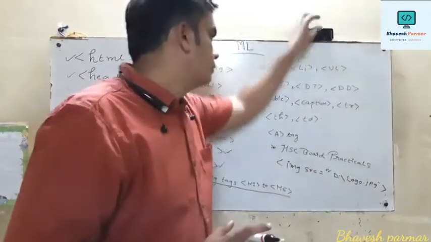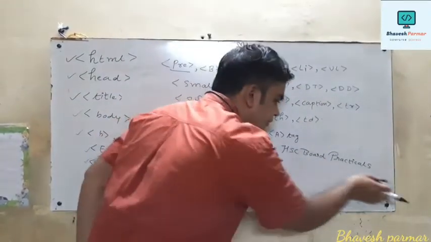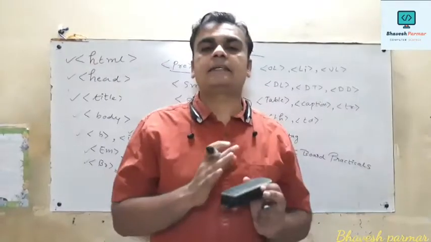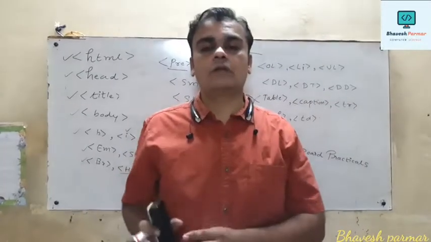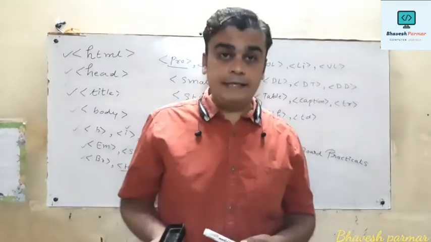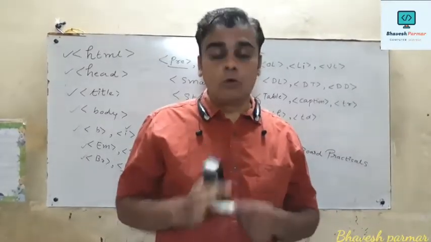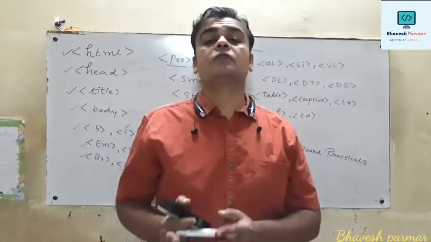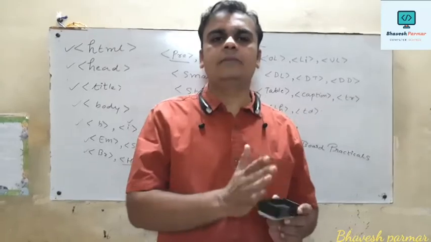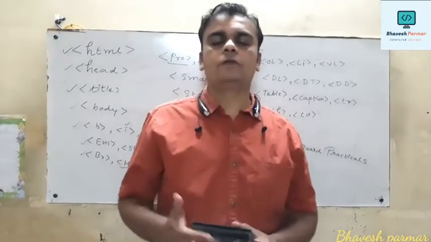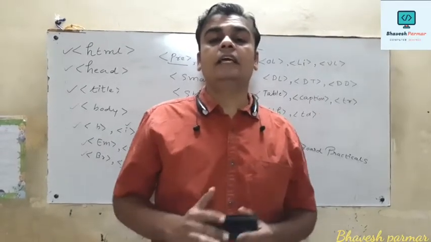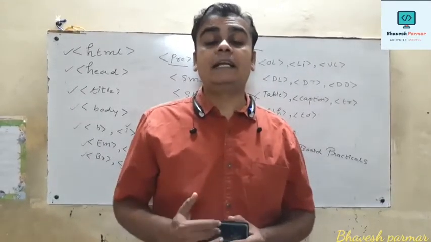Got it guys? There are so many attributes used by the IMG tag. The first attribute is SRC, which represents the actual image source, meaning where we are trying to download that image from. Thereafter the next attribute is the border attribute. To give a suitable border to the image, we use the IMG border attribute, and we can specify a value between 1 to 5. If we use a higher number, it will draw a darker line on the image border. Thereafter the align attribute is used.